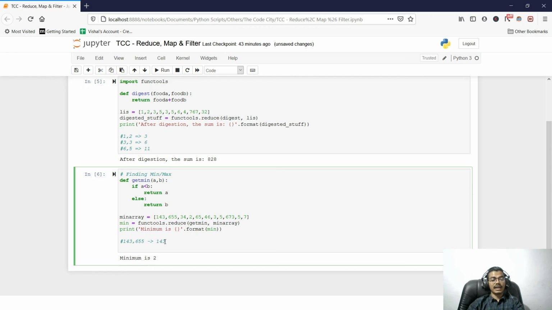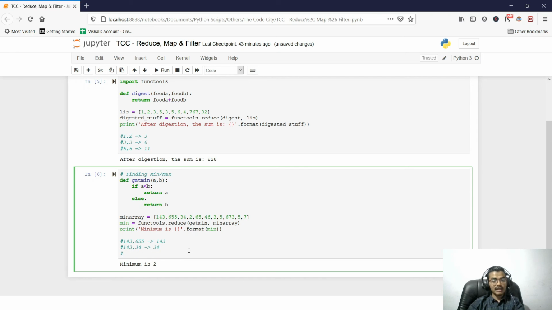All right. And in the second iteration, it takes the output of the first iteration and the third element, that is 34. So you apply this to our getMin function, a comma b, 143 comma 34. What will be returned, a or b? Since a is not less than b here, a is 143, so b will be returned. What is b? B is 34. And similarly we'll have 34 comma 2,